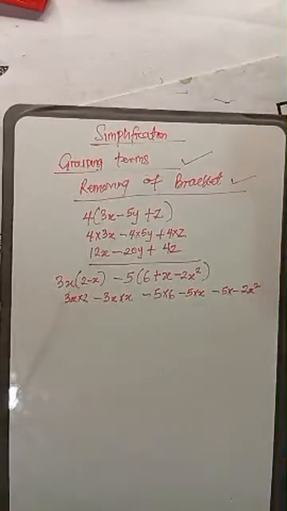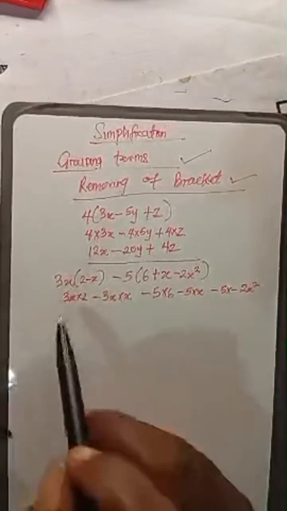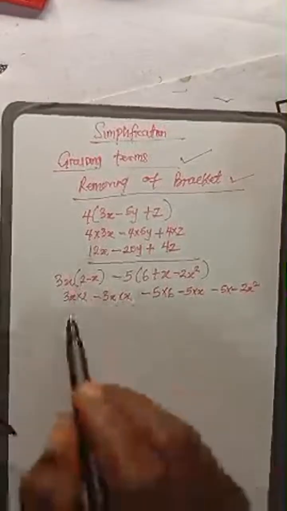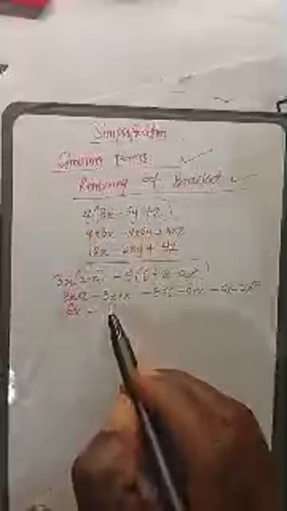So by the time you now multiply 3x times 2, it will give you 6x minus 3x times x,